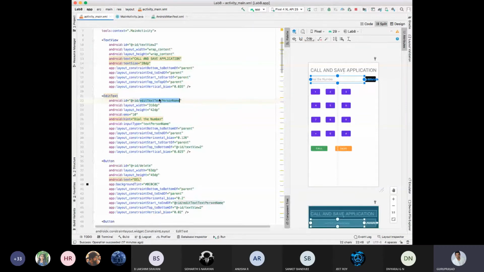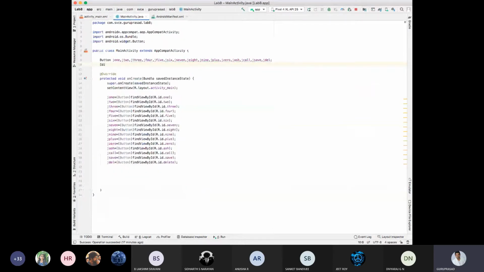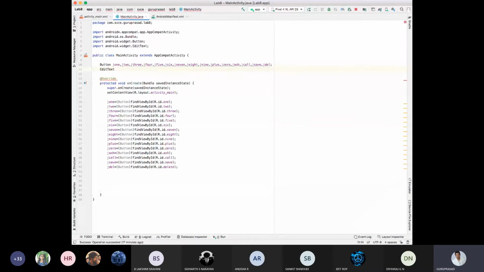Okay, what is my ID? Edit text person name. Okay, so I need to integrate this. There is the edit text. What is dialer? Okay, semicolon. So I need to integrate this. There is a dialer.